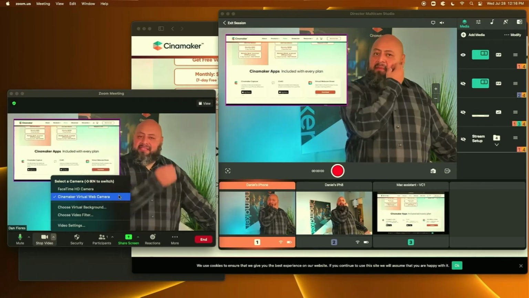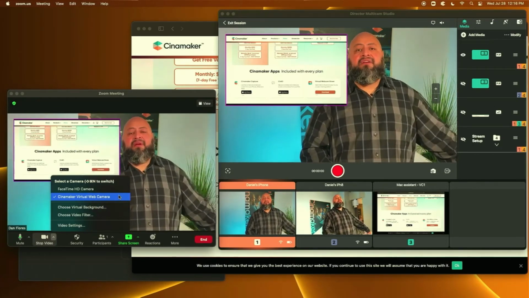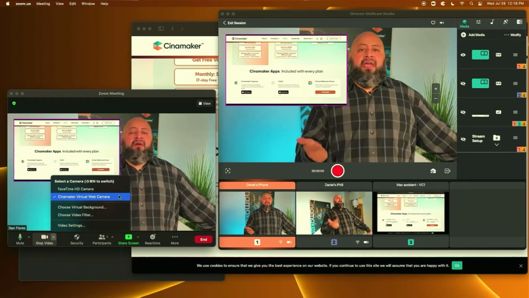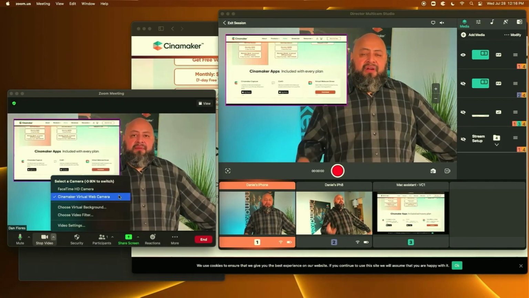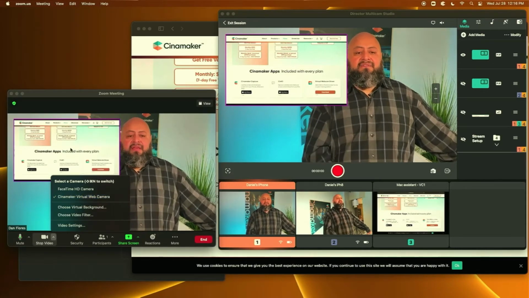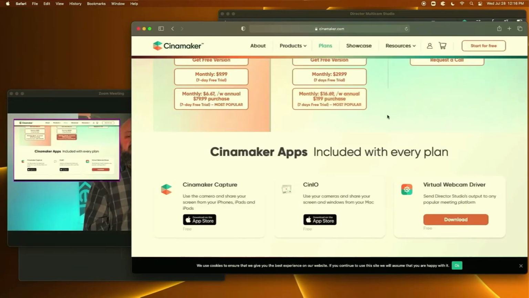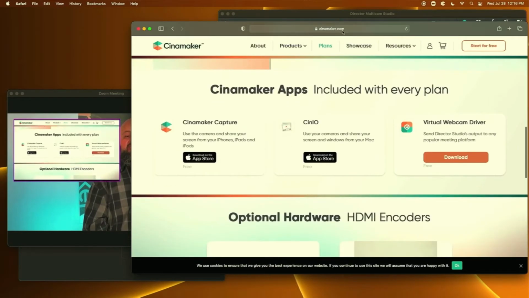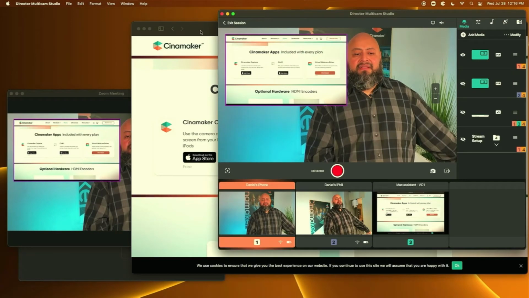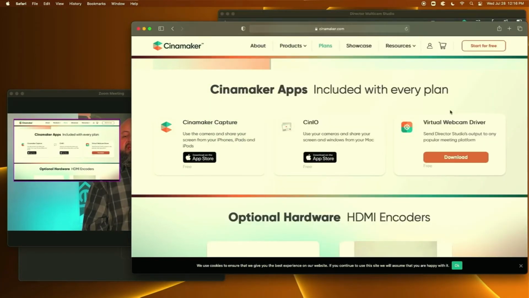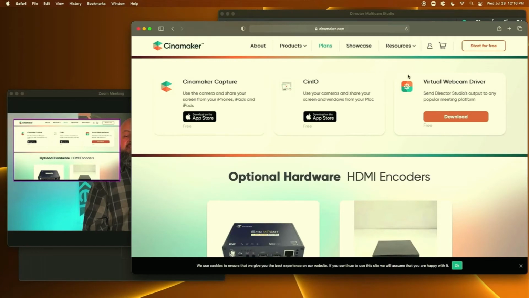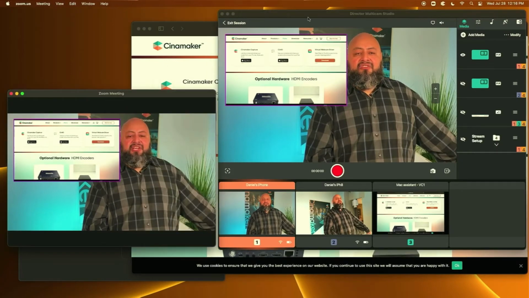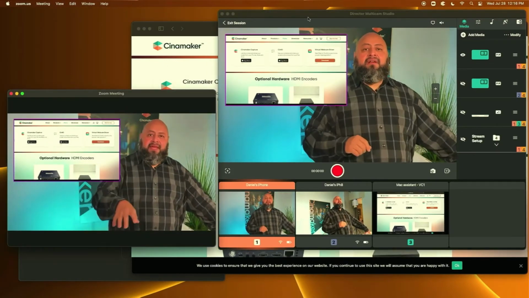So that is available as soon as you download Cinamaker Meeting Director. It includes the Cinamaker Virtual Webcam Driver in its package. Awesome. If you don't want to download Cinamaker Meeting Director, it's okay. I understand. Then just go to cinamaker.com, and I could have done it. Yeah, well, if I do that, I have too many windows open. You go to cinamaker.com, check the plans page. All the way down to the right is the Cinamaker Virtual Webcam Driver. Download it, it's free, and boom, once you install, you'll be able to connect your video content from Cinamaker onto